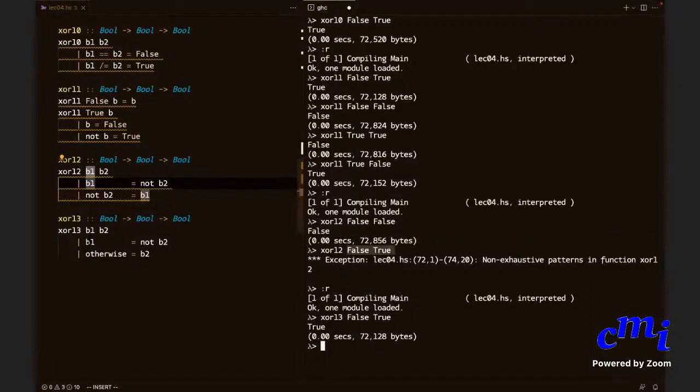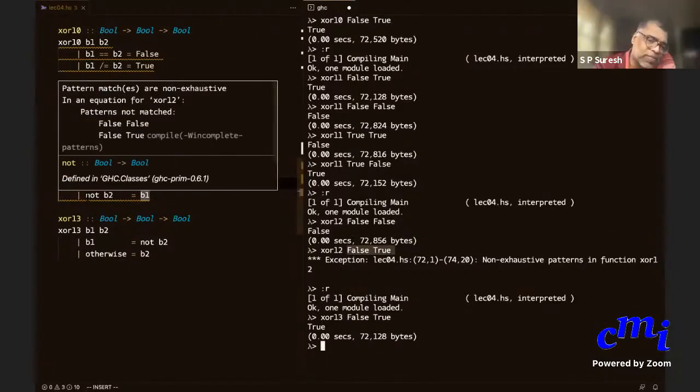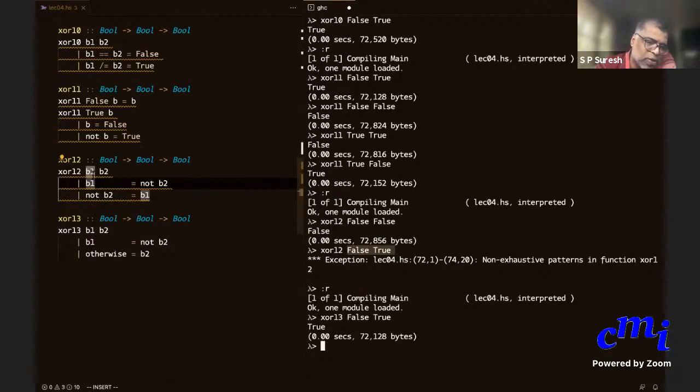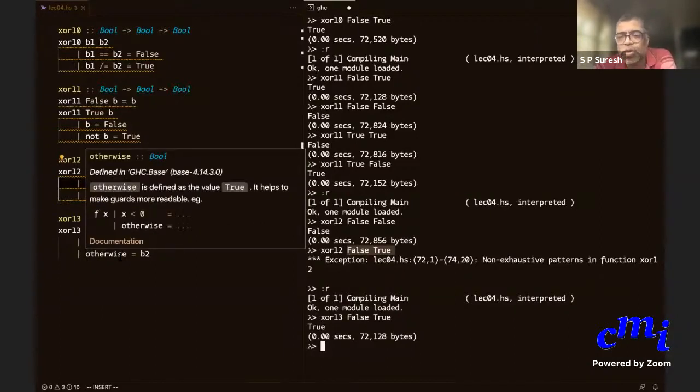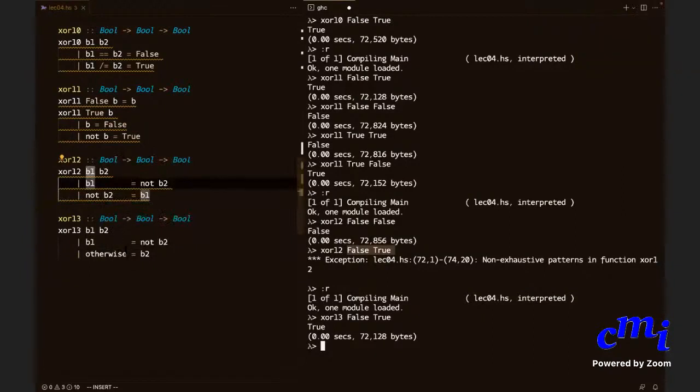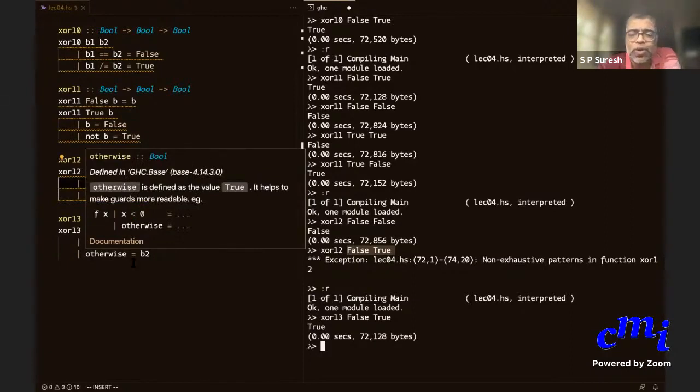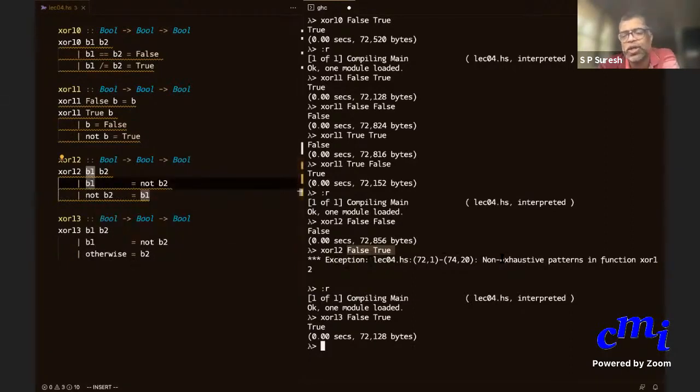Rather than giving some stupid condition here, this is just to illustrate to you what is happening. Typically, you will add an otherwise. That is the default condition. So, who asked earlier that they didn't understand the default condition? This is what you mean by default condition. The case where nothing else fits, at least one should be made to fit. Otherwise, you'll get an error saying exception non-exhaustive pattern.